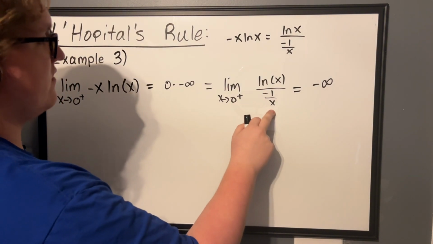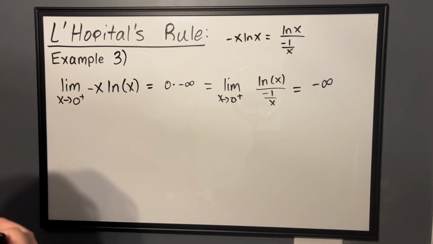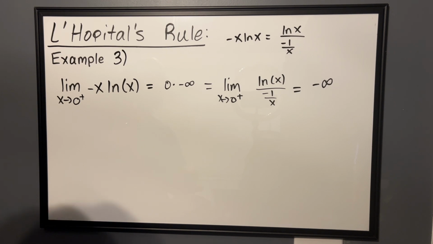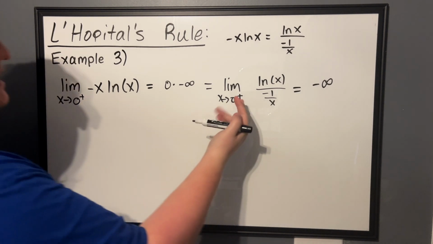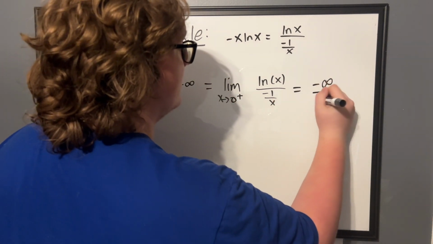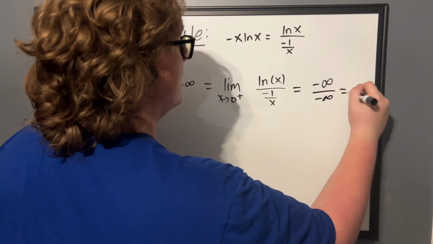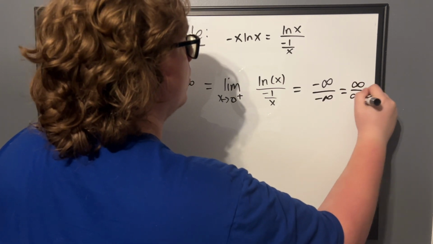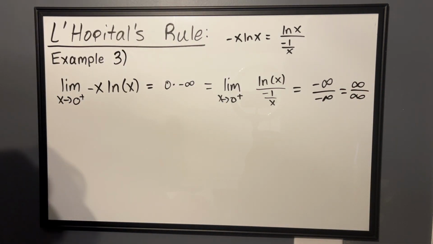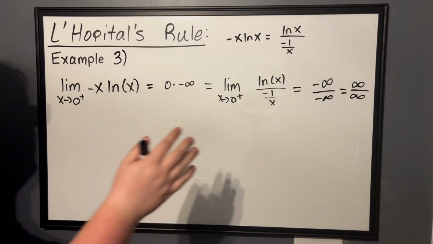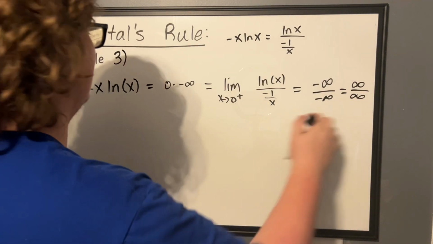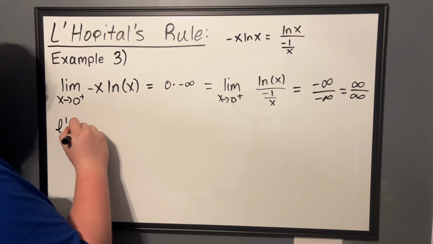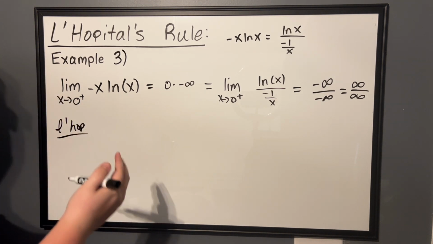When we plug in 0 for x, remember that when we evaluate 1 over a really, really small number, that's going to approach infinity. But in this case, we have a negative, so it's going to be negative infinity. And of course, that is equal to infinity over infinity, which is an indeterminate form. And that is good because now we can work with this directly. So we're going to use, like I said, L'Hopital's rule,